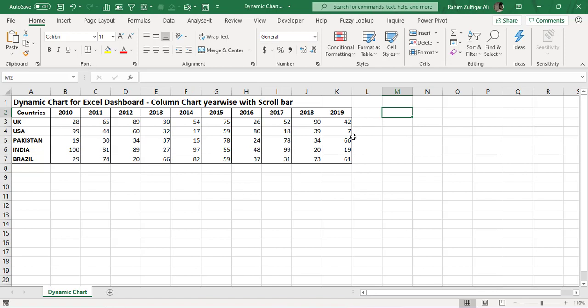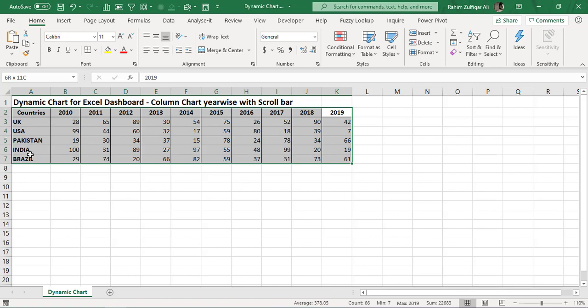Let's get started. I am doing all the workings in a single sheet, but when you create a dashboard, remember that you have to follow the MVC rule, which stands for model, view, and controller. So whenever you create Excel dashboards, your raw data should be in a separate sheet.